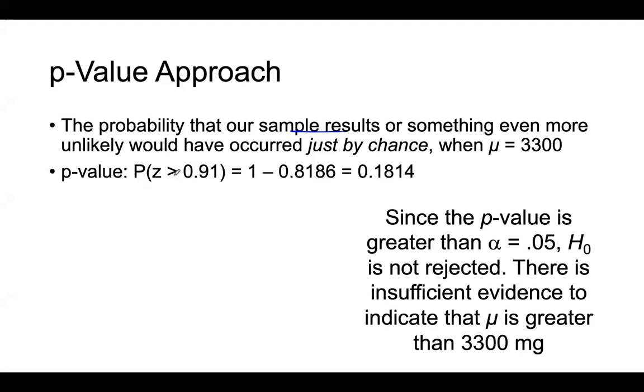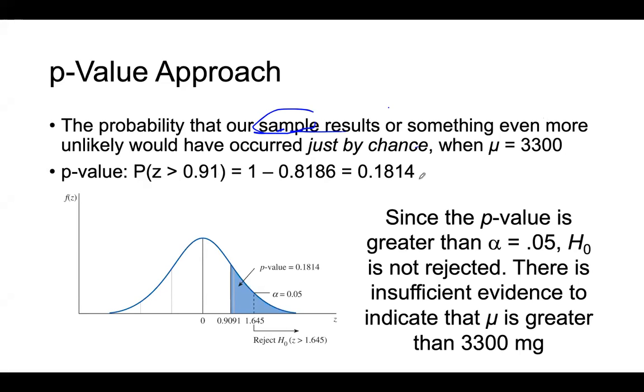Because z is greater than 0.91, we want 1 minus that probability, which we just looked up in the table. So it's 0.1814. That is the probability that our sample, because it's computed from our sample data, results in something even more unlikely, very small. Okay, since the p-value is greater than our alpha, this null is